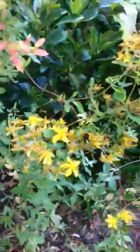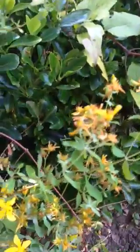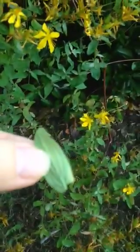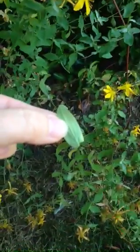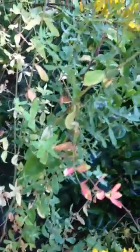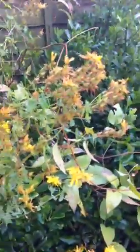The perforatum part comes from, let's see if I can find you a nice big leaf. The leaf looks like, I'm not sure if you can see this, maybe not, there are what look like tiny little holes in the leaf. You'll have to get a plant and have a look. It looks like tiny holes in the leaf, but actually they're oil glands, and we use them to make St John's Wort oil, which we use for nerve pain and nerve conditions usually, so things like sciatica and shingles. And we can also use it for burns and scrapes and cuts and all sorts of things, so it's very